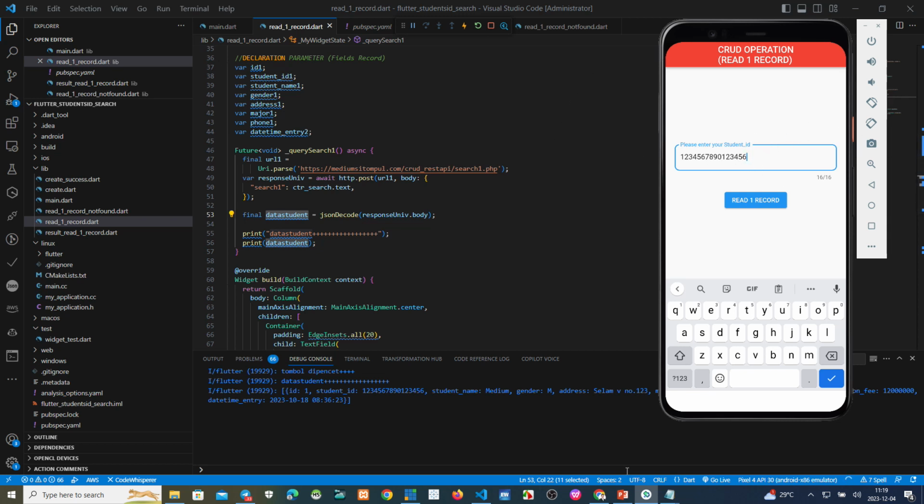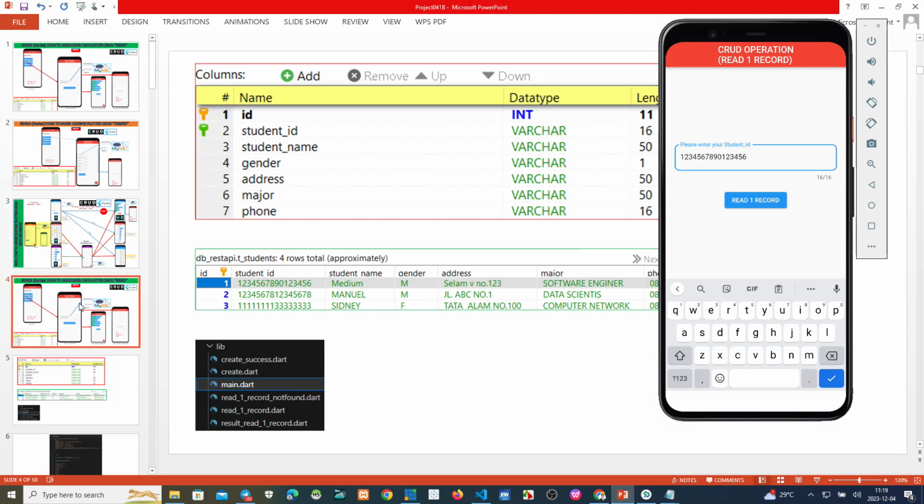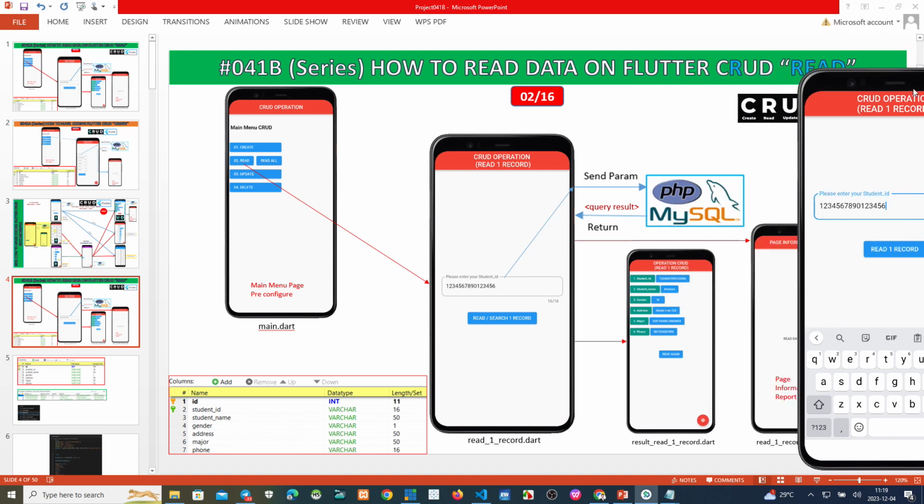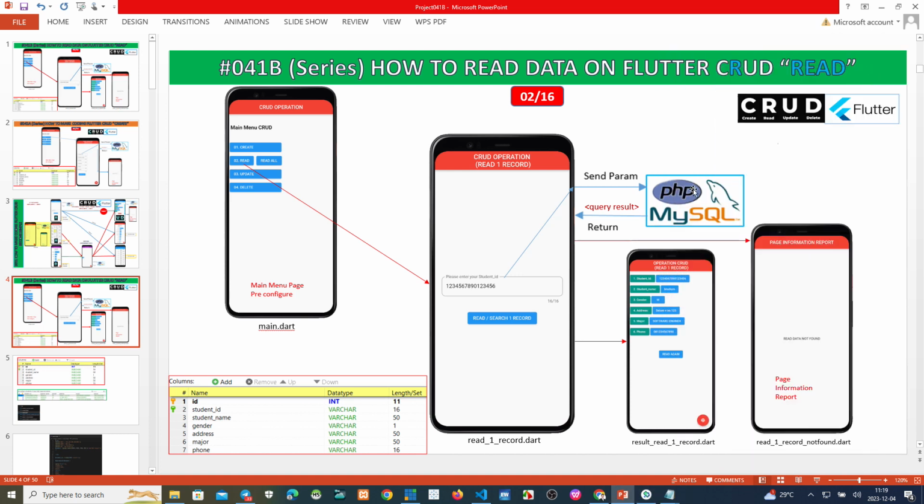Now all parameters will be here, on read one record. Now this all parameter, we will send to the result read one record here to show all the parameters on the screen.